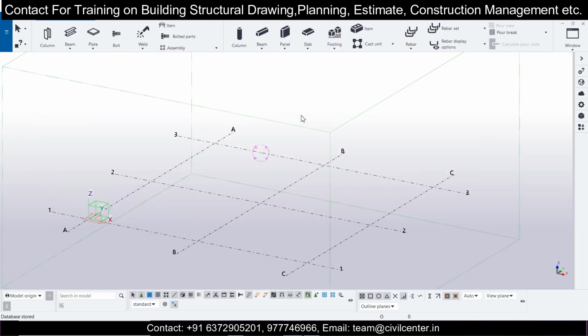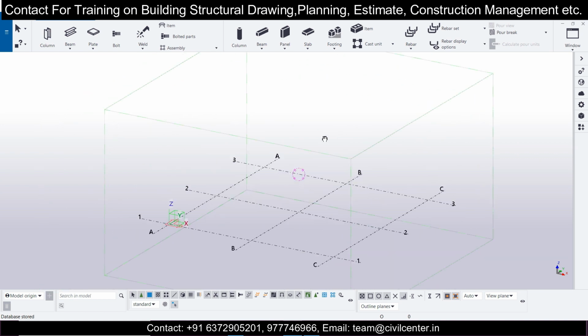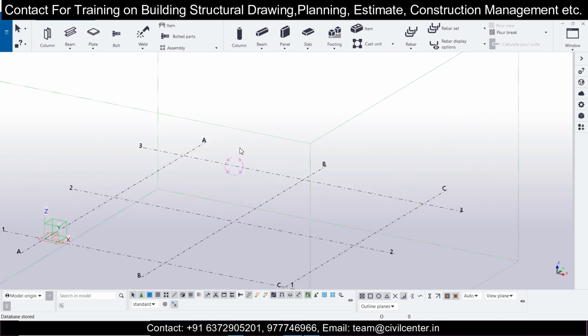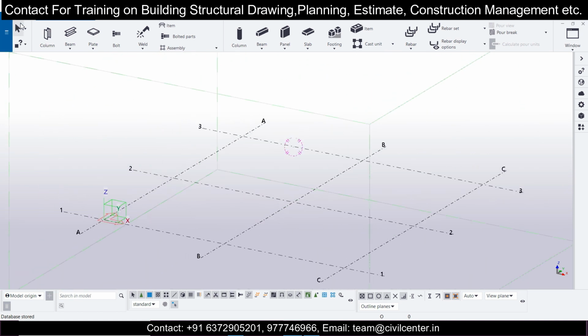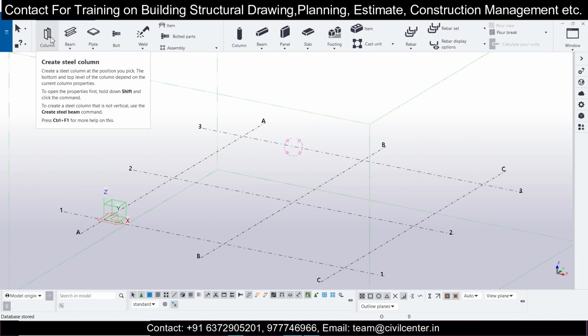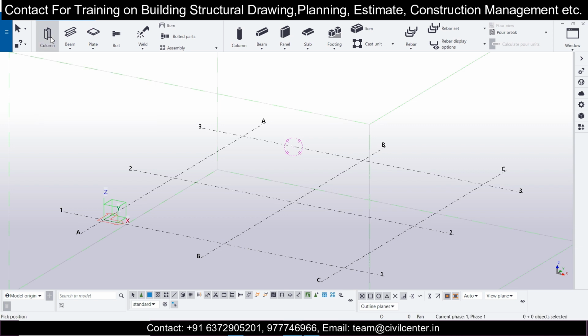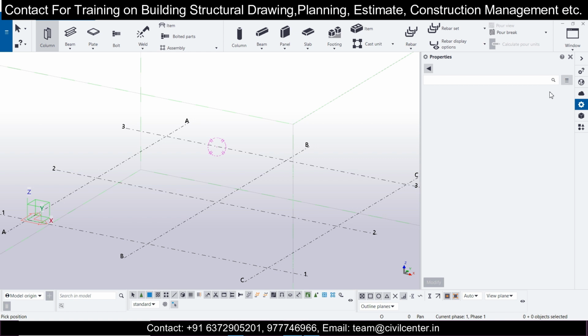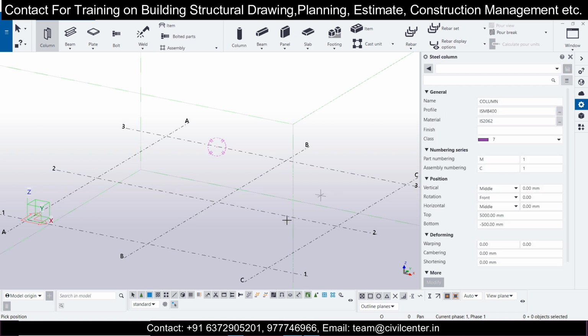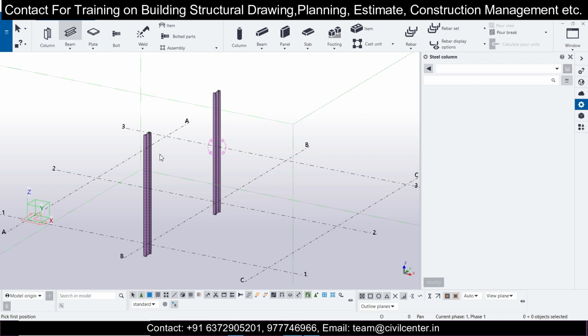So this is the Tekla Structure interface which I've opened in Indian code. You can select the code of any country in which you want to design. So all the profiles and everything will be as per the code which you have selected. So I'm currently going for a simple column here, and when I select the column, by default we'll have a particular property of a column here. So I'm not concerned with that. I'll just create my column like this, and after that I'll also create my beam like this.